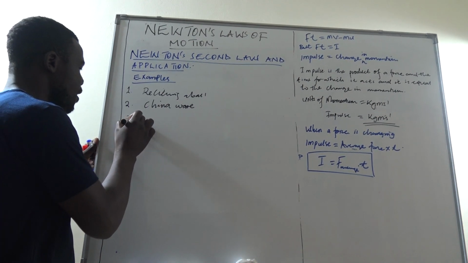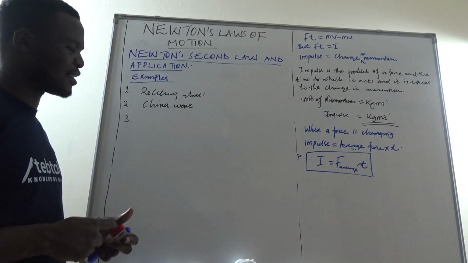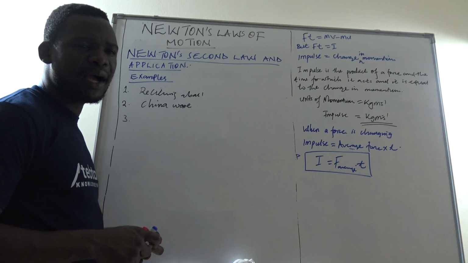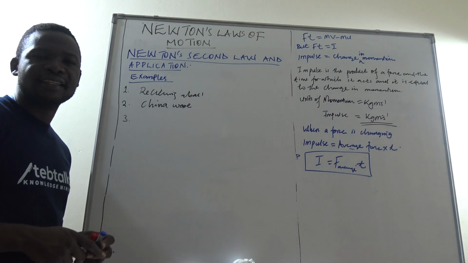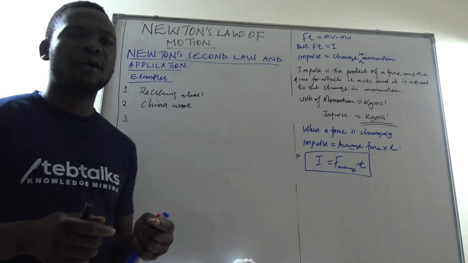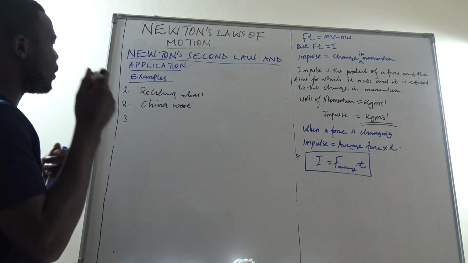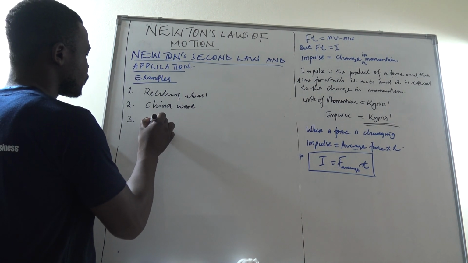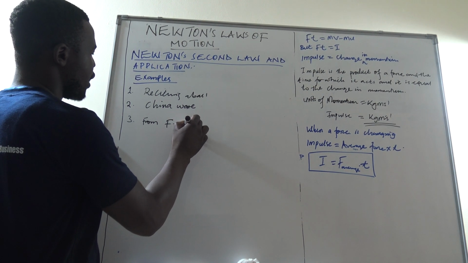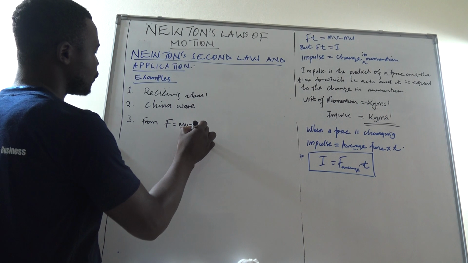Then, scenario number 2, we are going to look at cricket players. When these people are batting the ball, they tend to wait and make sure that the ball spends more time with the bat. Why? Now, from F is equal to m(v - u) over t,